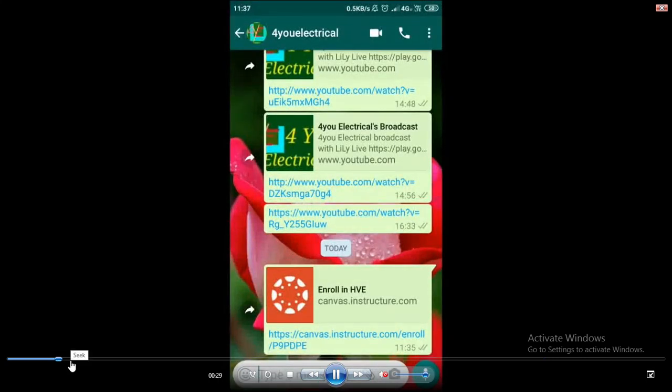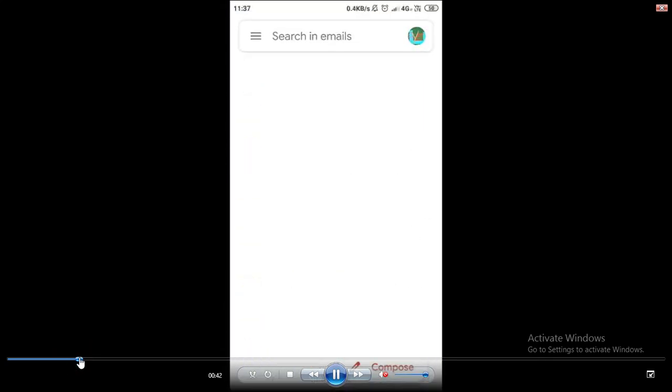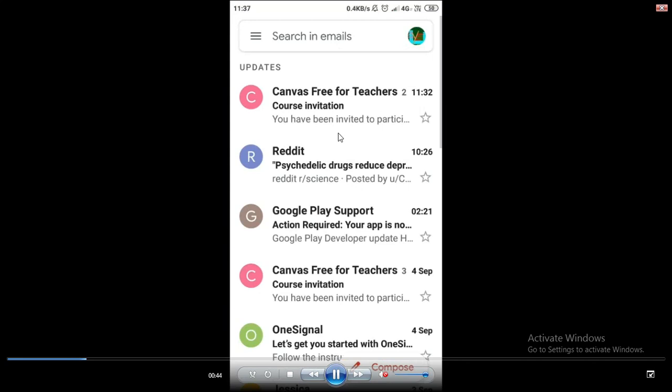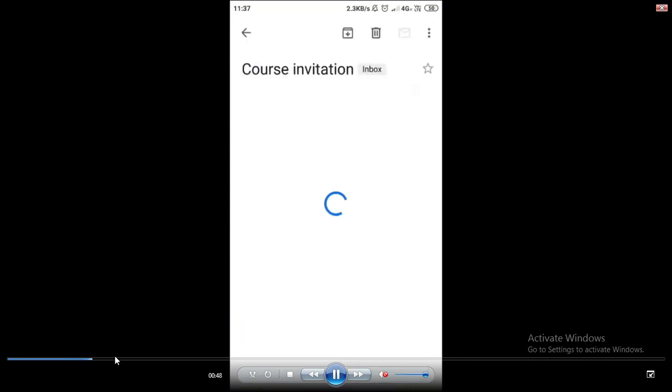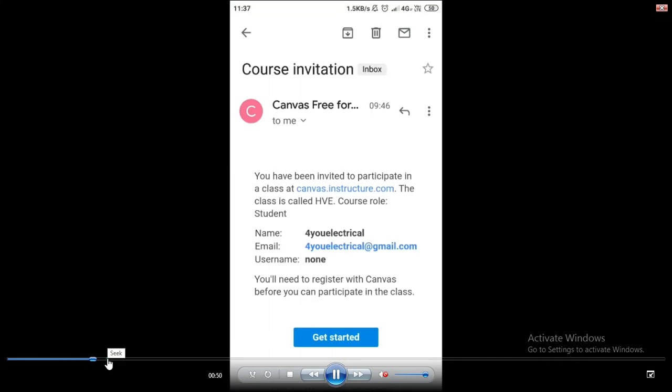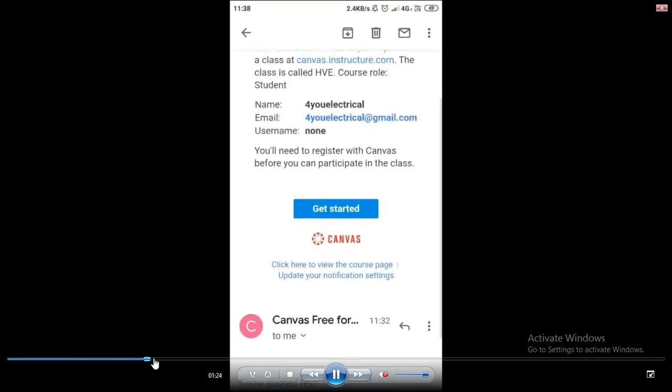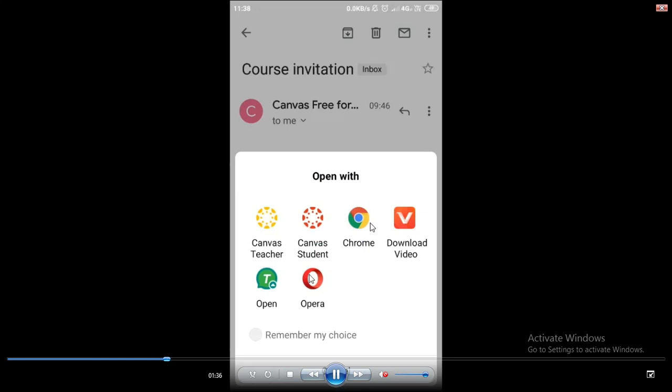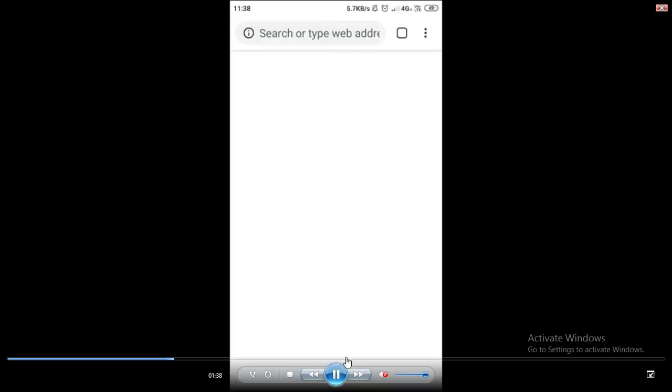Click on Canvas Student, and it will go to the instructor Canvas infrastructure, where you can also provide your details. Whenever you receive the invitation link, click on it, accept it, and give your details. This is another method.